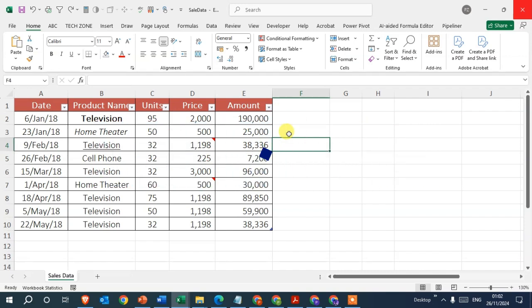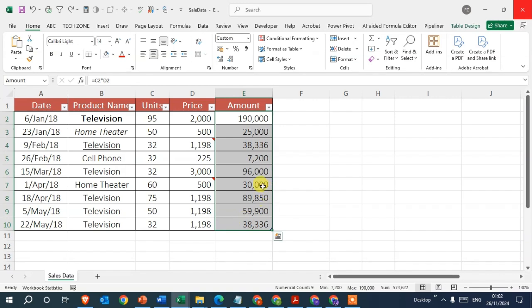Ctrl+Shift+$ to apply the currency format. So I select here the amount column and I press here Ctrl+Shift+$ sign. So I select and press Ctrl+Shift+$ sign and you can see the currency applied here. And next shortcut key,